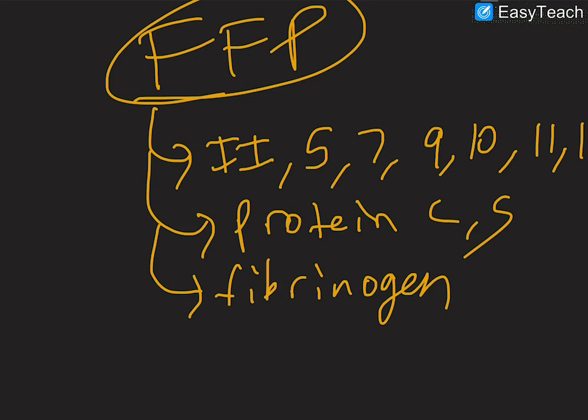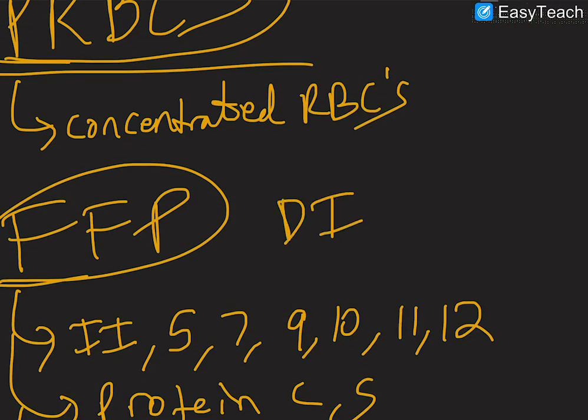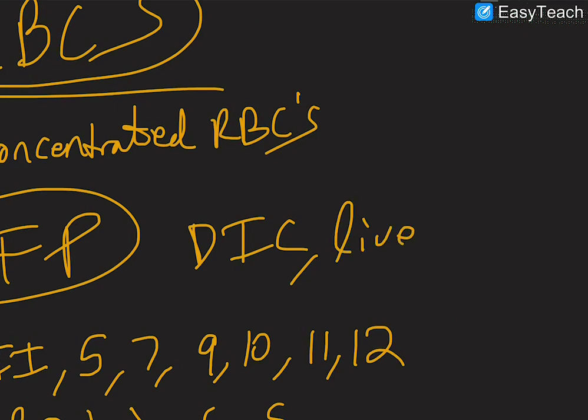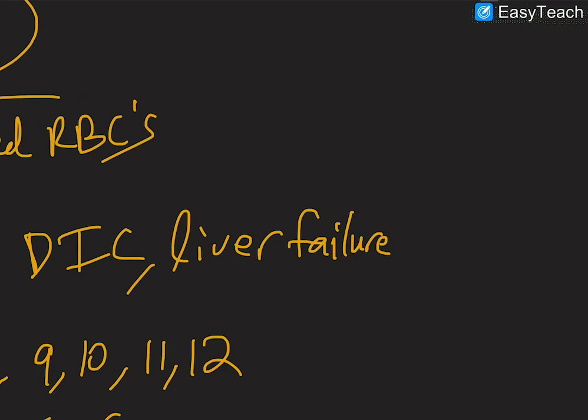So why would you give this? In what conditions would you give this? In conditions that cause decreased clotting factors, like DIC, where you're consuming a lot of clotting factors, or liver failure. Remember, your liver makes factors 2, 7, 9, 10, and proteins C and S. So if your liver's failing, you can't make factors 2, 7, 9, 10, and C and S. So that would be an indication for FFP,